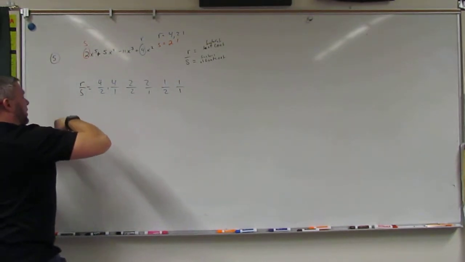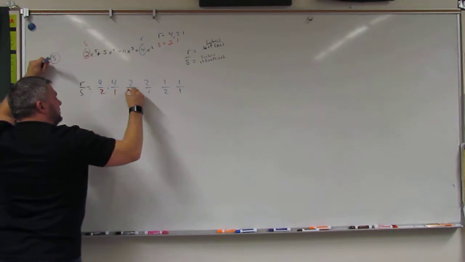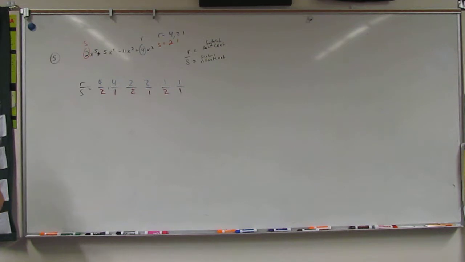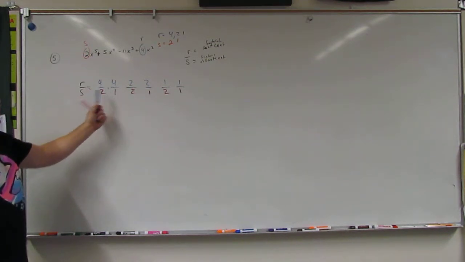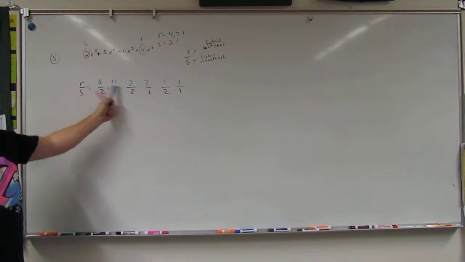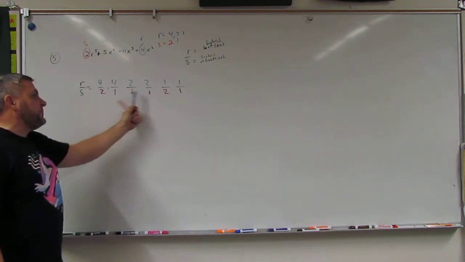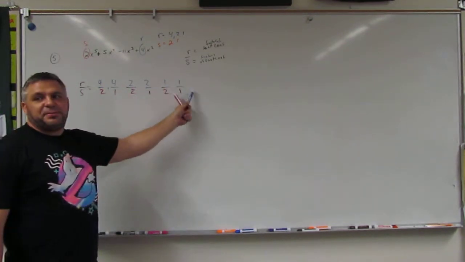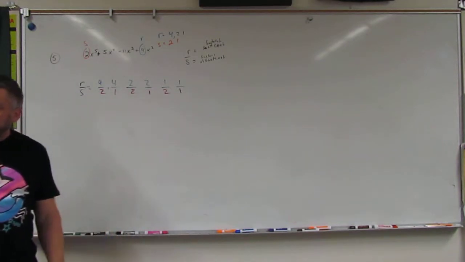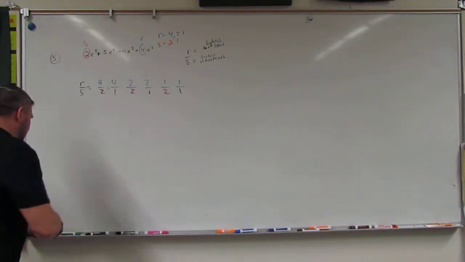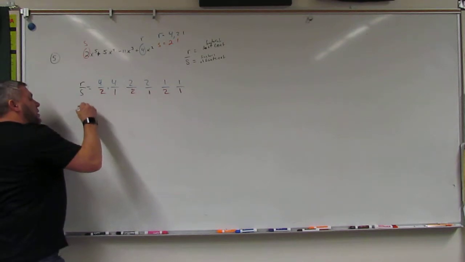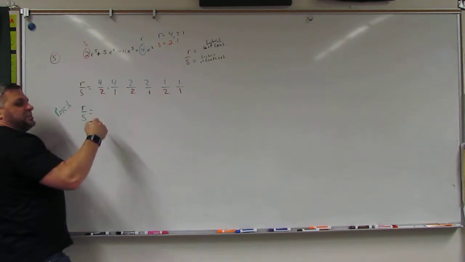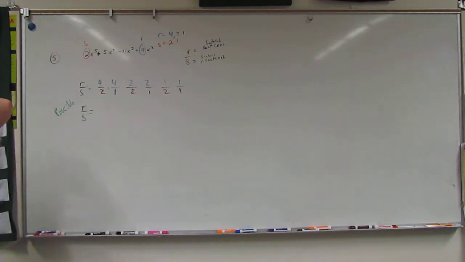Now, just so you know, I'm just doing all the possibilities. There's 2 possibilities for S's, so there's 2 possibilities for a 4. There's 2 possibilities for the S's, so there's 2 possibilities for the 2. There's 2 possibilities for the S's, so there's 2 possibilities for the 1. Does everyone understand that? And then we're going to reduce it. So our possible, and this is only the possible, it's not the actual, okay? The possible zeros